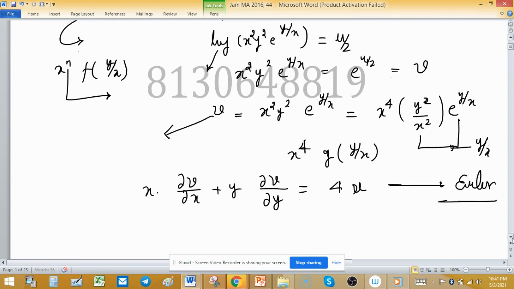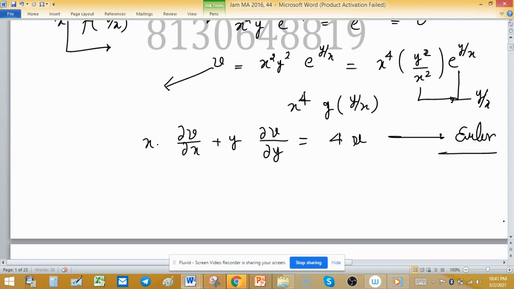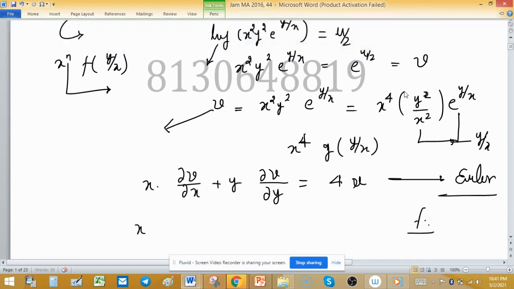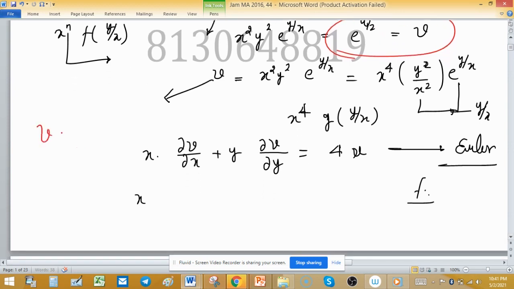We used Euler theorem here, but we have to answer this question in the original function f, in terms of f. So we are going to change the variable here. As you can see here, this v is nothing but e raised to the power u by 2. So the partial derivative of v